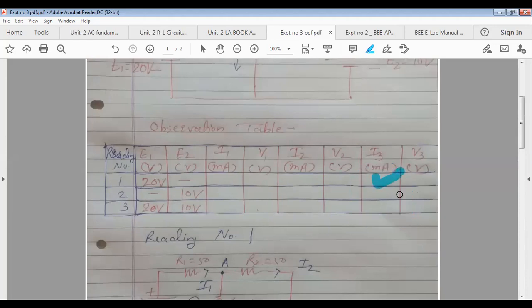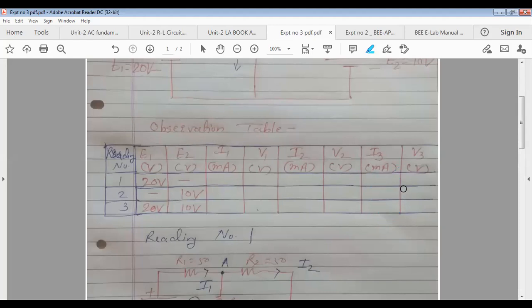First value of I3, that is I3 of first reading, is only with E1, that is only with 20 volt. Then second value of I3 is only with E2, 10 volt. Correct. And third value of I3 is with both 20 volt and 10 volt. Correct, when both are there.